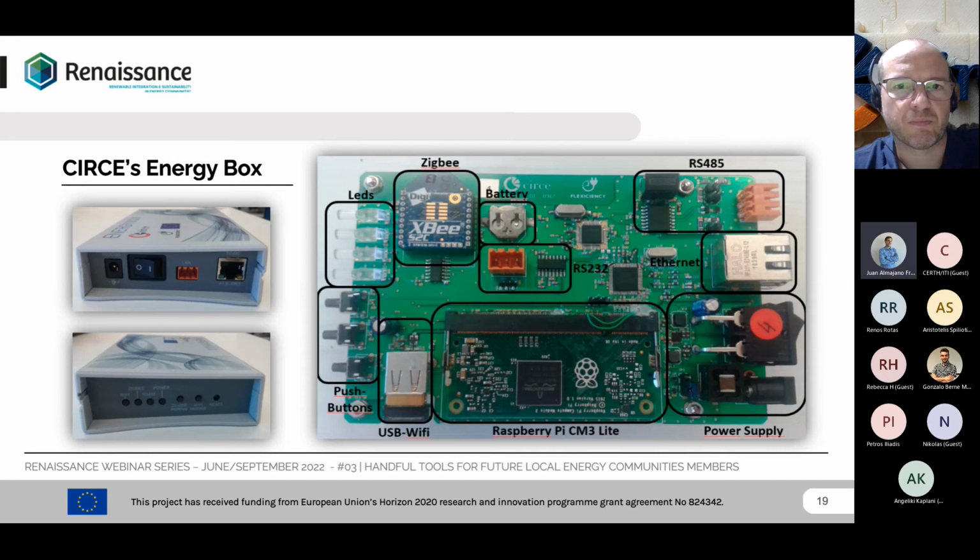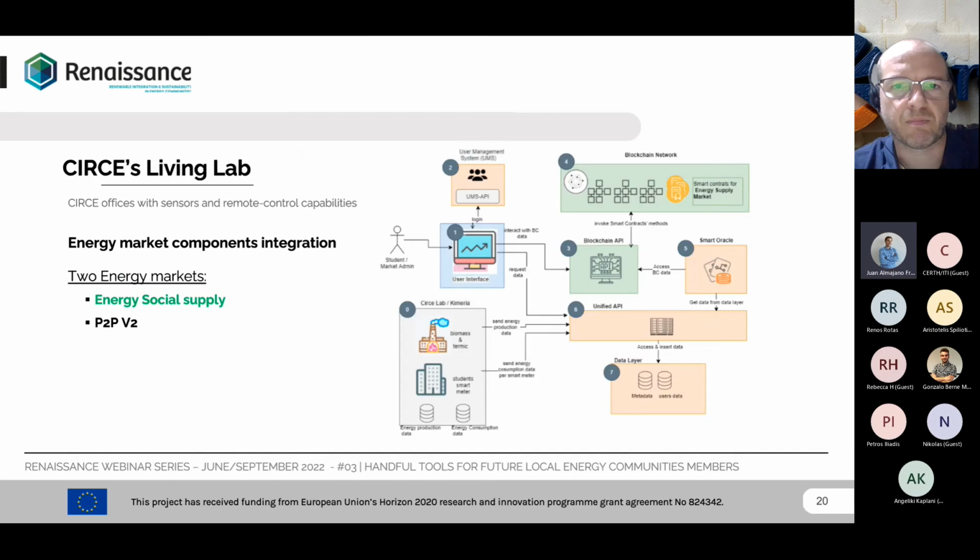Well, this is our PCB, and we can use Zigbee devices. We use a commercial Raspberry Pi. We use Wi-Fi and other communication. And to test the communication with the Renaissance platform,